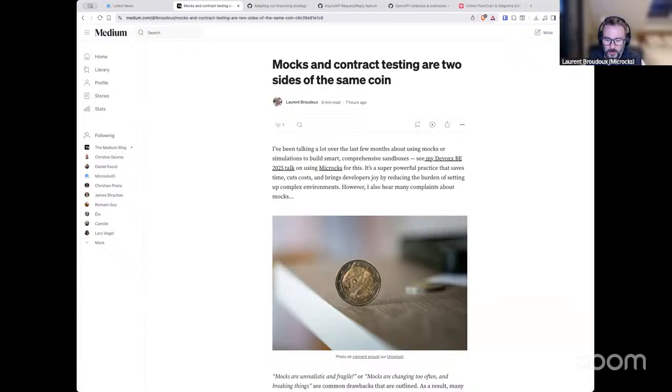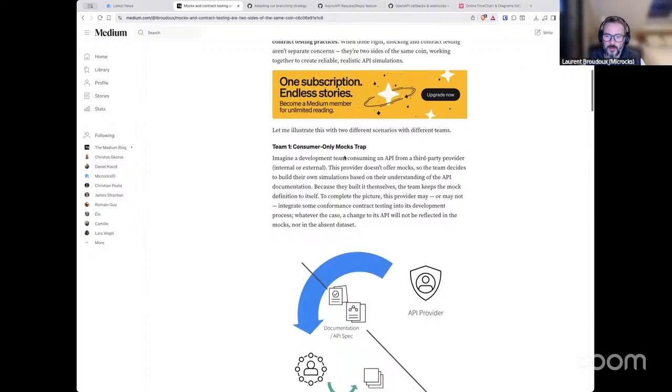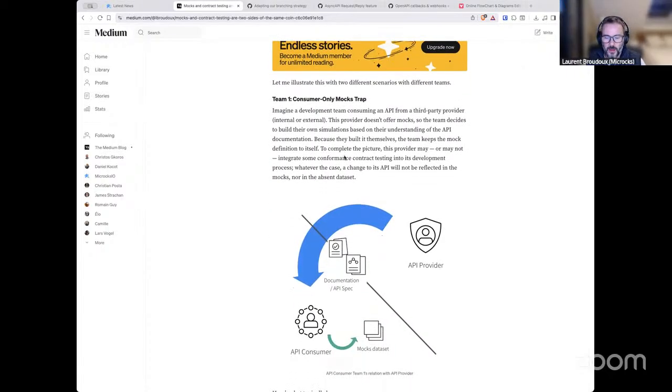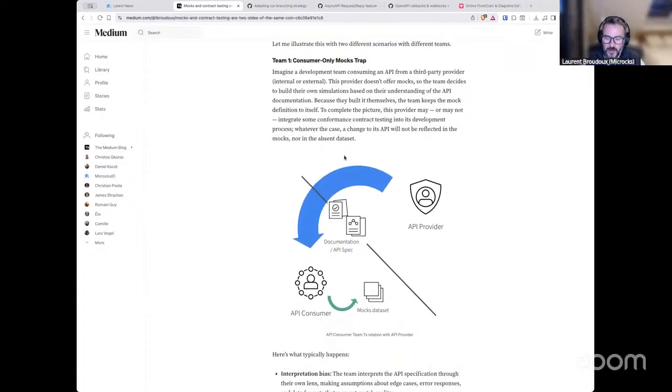They are unrealistic or they are breaking things and so on. And so I wanted also to explain the different way of building mocks. And for that, I illustrated this using two different team topologies and two different ways of managing things between API providers and API consumers. So typically, the situation where it's the API consumer that is building the mocks versus the